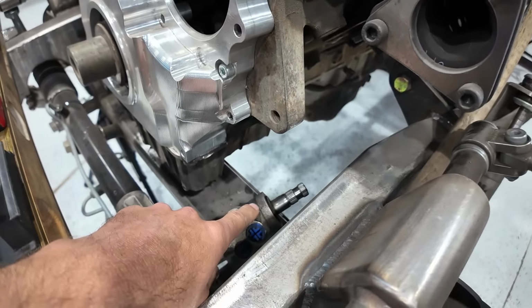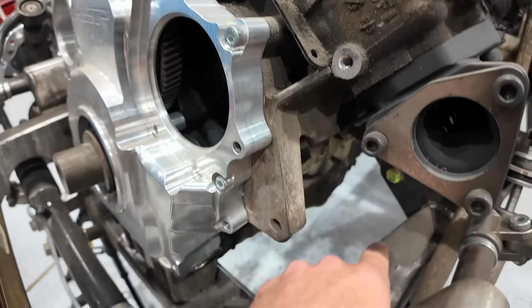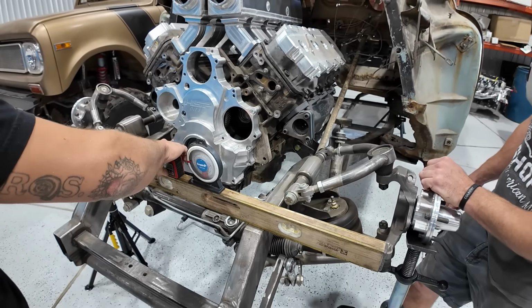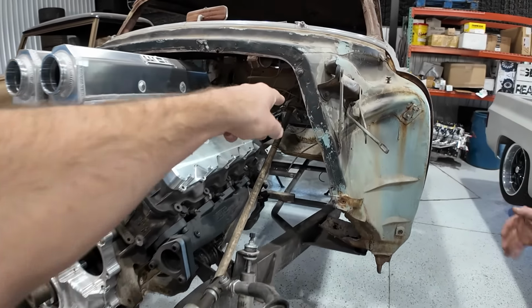And this is running a rack. It looks like we have to notch the frame a little bit, maybe. Piece of pipe maybe through this. That's a long way from now, but the least of our concern at this point. We're trying to make sure this thing's sitting right and it's going to connect back to the rear drive shaft